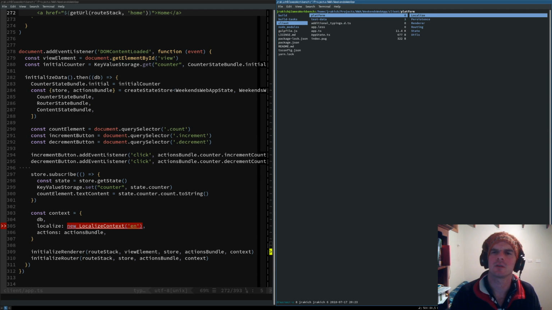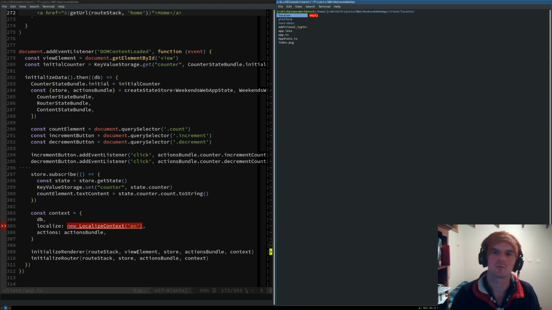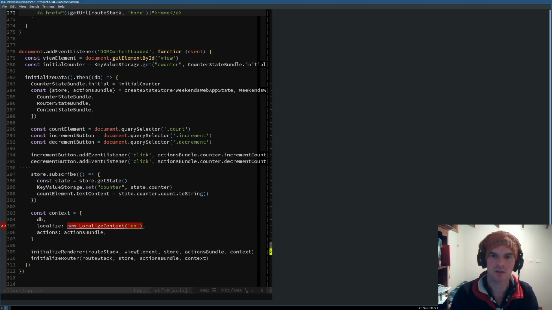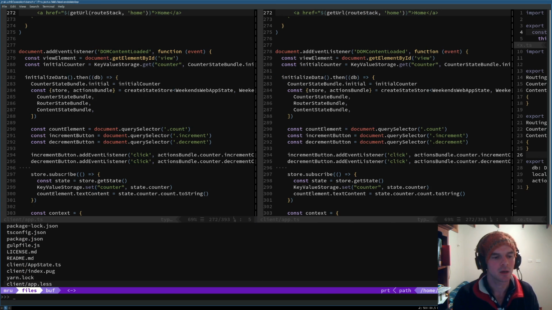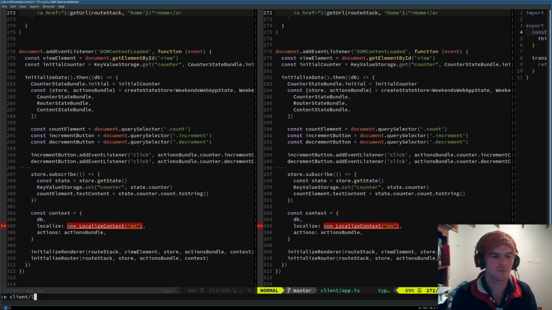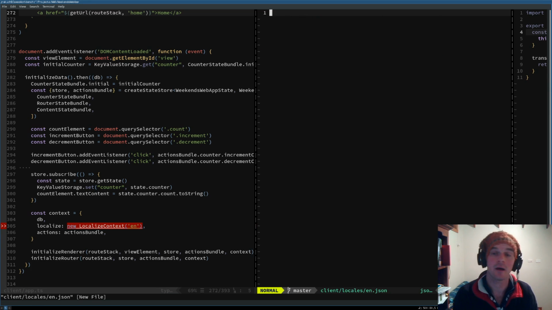Inside client, we're going to have a folder called locales, which is going to be essentially where all of our translation lives for the foreseeable future until I find a better place for them. Now, if we were to start off with our English translation,